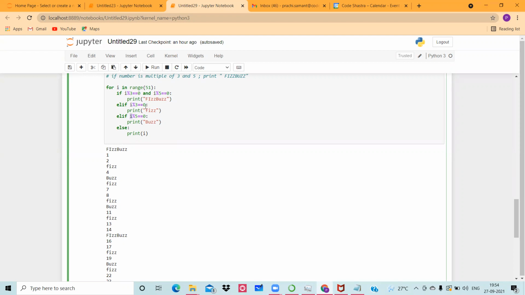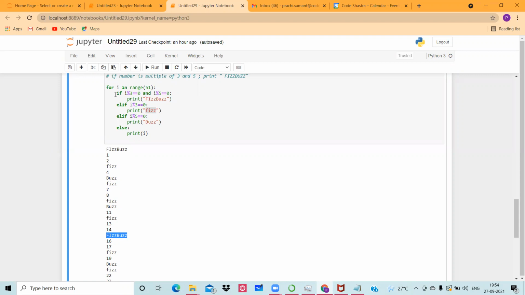Next number is 6. 6 is divisible by 3, so that will be printed. Next 7 and 8 are not divisible by either, so the numbers will be printed as they are. Then 9 is divisible by 3, so its respective message will be printed. 10 is divisible by 5, so the 5 message will be printed. 12 is divisible by 3, so the 3 message will be printed. So on, up to whenever you reach 15.